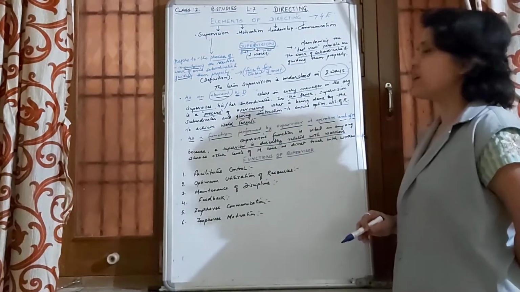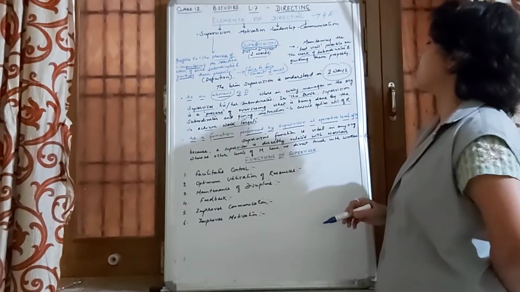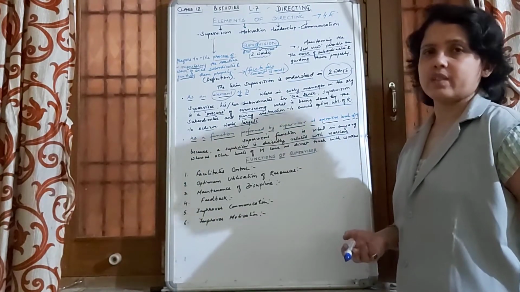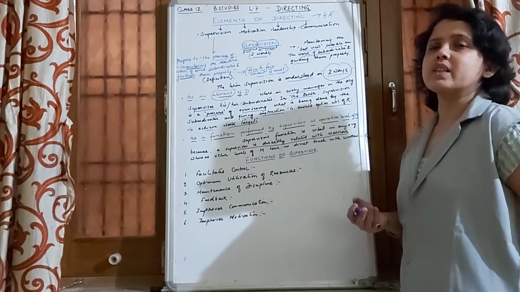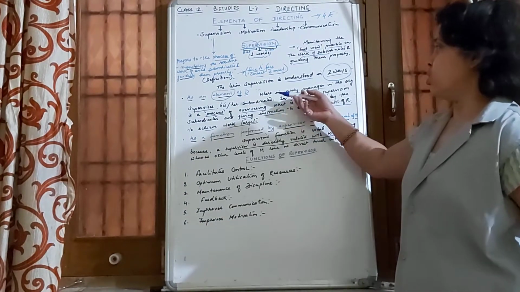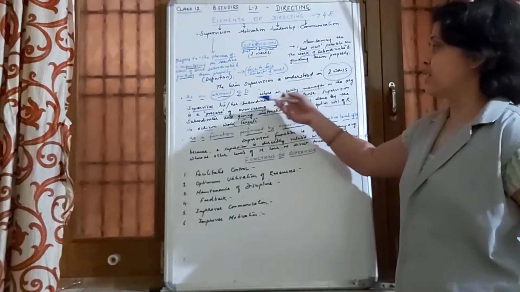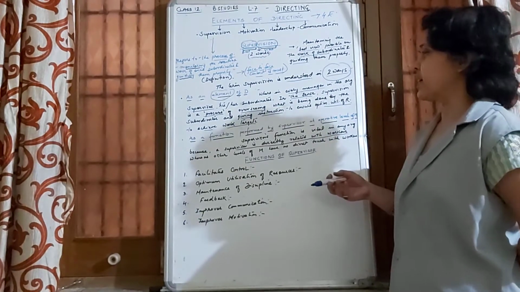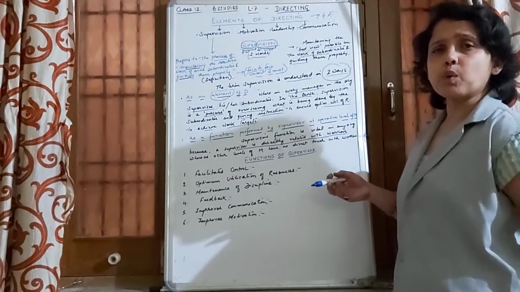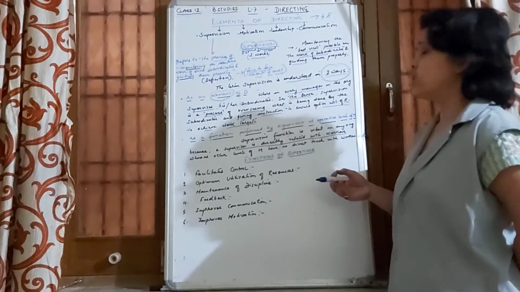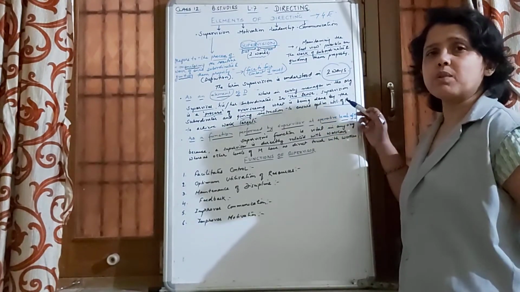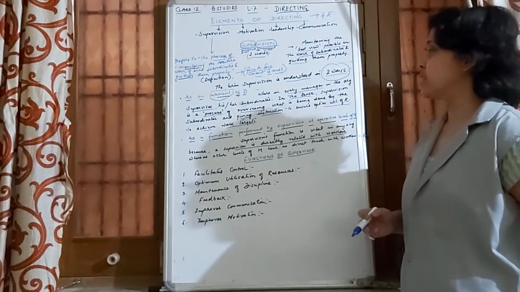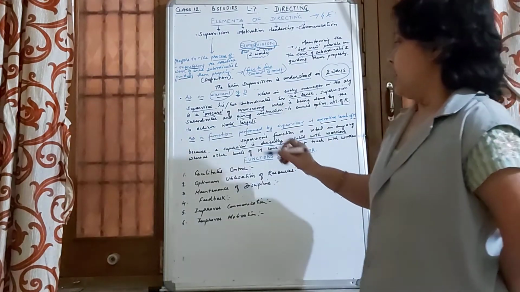So as an element of direction, each and every manager working in the organization, manager is someone who manages, we have learned. That means he has subordinates working under him. So as an element, we see that the manager has to oversee the work of his subordinates working under him and give proper instructions from time to time, so that the resources available in the organization can be properly utilized towards achievement of organizational goals. Now, as a function,